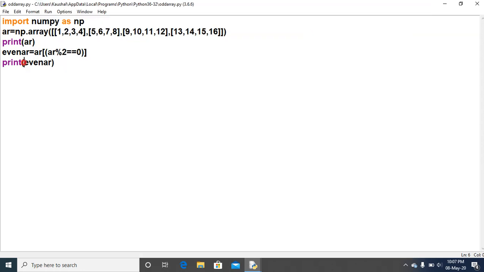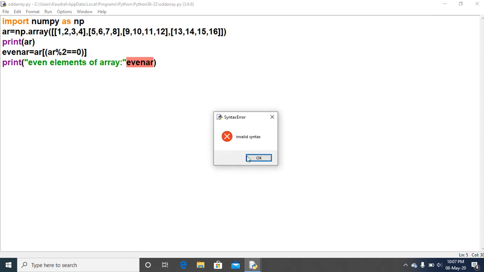If you want to display in the output the message even elements of array, you just check it, do this one, Ctrl S. Invalid syntax. Why invalid syntax?